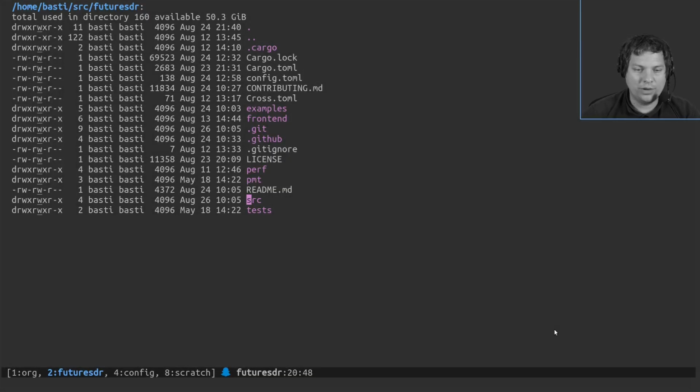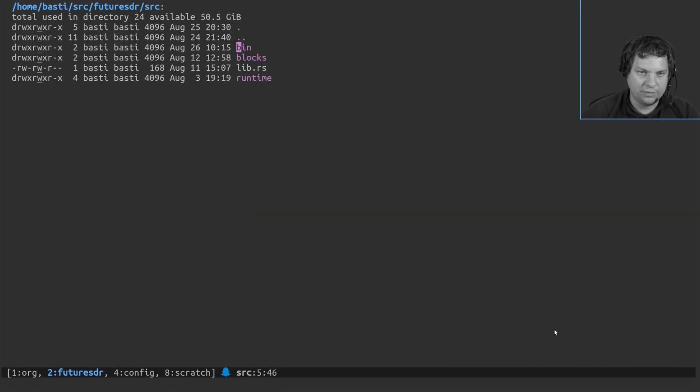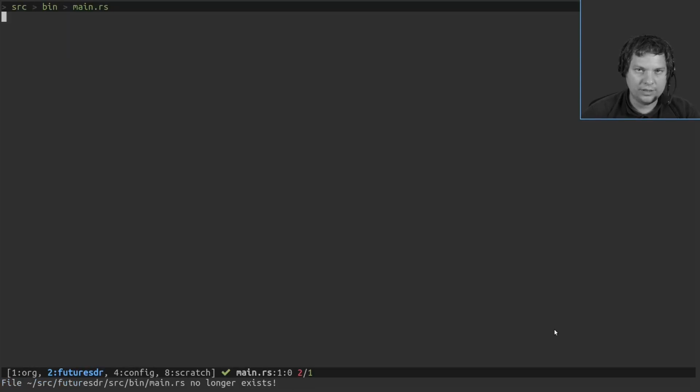Okay, so we are now in the project, and FutureSDR is mainly a library that comes with a lot of examples, but there's no real binary. In this case, we just create one, main.rs, and it should be picked up by the build system. And I'd recommend you do the same thing, because FutureSDR is by far not ready to be used as a fixed external dependency.